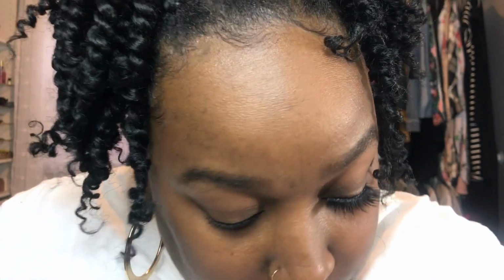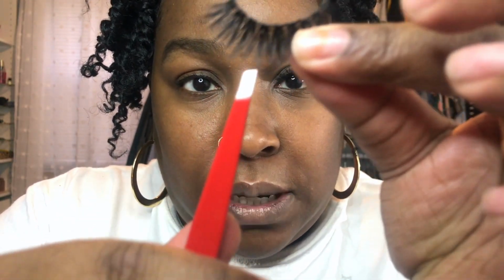And that is how you do it. Now, if you need to see that again, we're going to apply the other eye. So no worries, sis. So what you want to do, take your lash. My lashes are a little dusty, but that's okay. I do this every time because the most disappointing thing is when you go to place your lash and it has glue on it and it takes it with you. It's just frustrating. So every time I just kind of wipe in just to make sure no glue is on my tweezer. Then I place my lash in the tweezer,